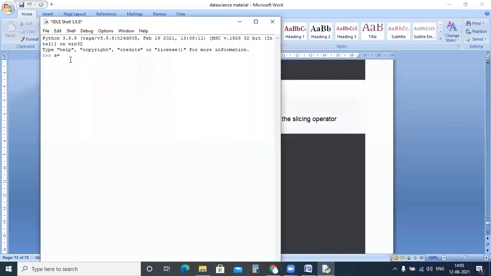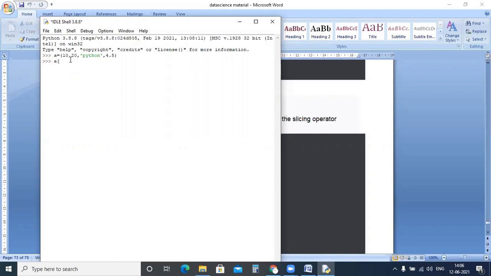So we will take one tuple here. As we know, the tuple we will be taking in the open parenthesis, and the elements can be of different data items. So I'm taking 10, 20. I'll take one is Python, and one more I'll take is 4.5. And how to access, we have also seen. How to access, if I want to access 20,